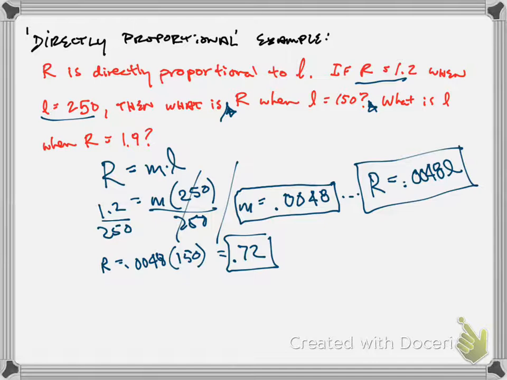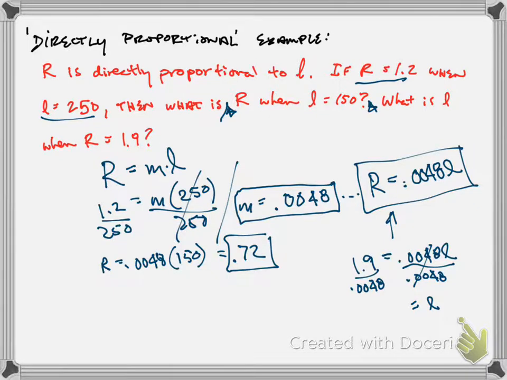The next question, what is L when r is 1.9? Well, in this case, we would substitute 1.9 for r into our formula. So 1.9 = 0.0048 times L. In this case, if I want to solve for L, I've got to divide both sides by 0.0048. And so L is 1.9 divided by 0.0048. And I'm getting